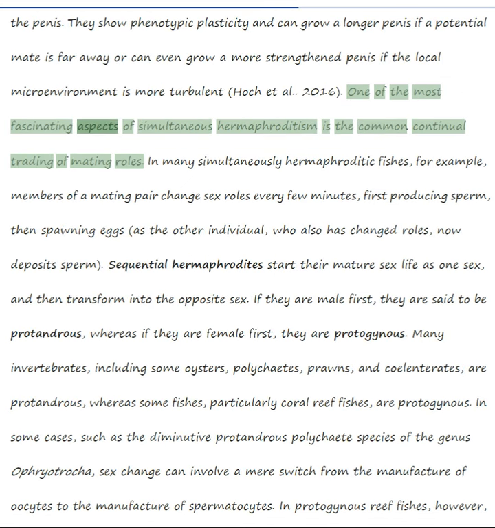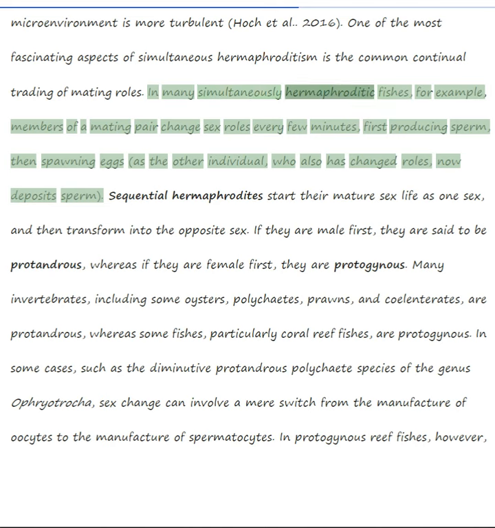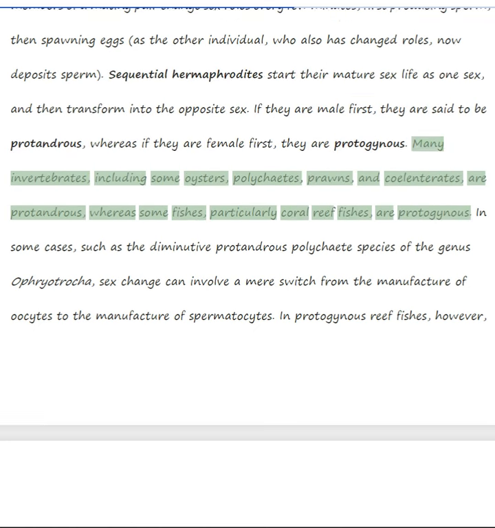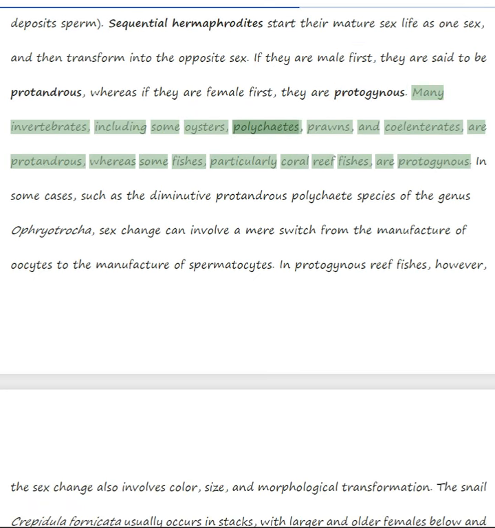One of the most fascinating aspects of simultaneous hermaphroditism is the common continual trading of mating roles. In many simultaneously hermaphroditic fishes, for example, members of a mating pair change sex roles every few minutes, first producing sperm, then spawning eggs. Sequential hermaphrodites start their mature sex life as one sex, and then transform into the opposite sex. If they are male first, they are said to be protandrous, whereas if they are female first, they are protandrous or protogynous respectively. Many invertebrates, including some oysters, polychaetes, prawns, and coelenterates, are protandrous, whereas some fishes, particularly coral reef fishes, are